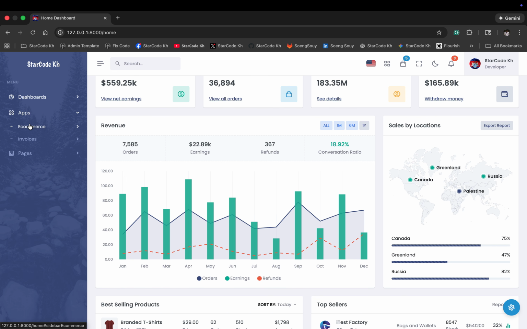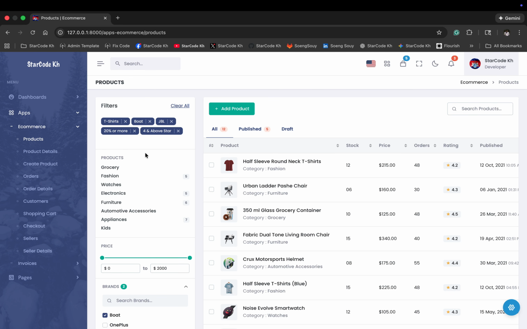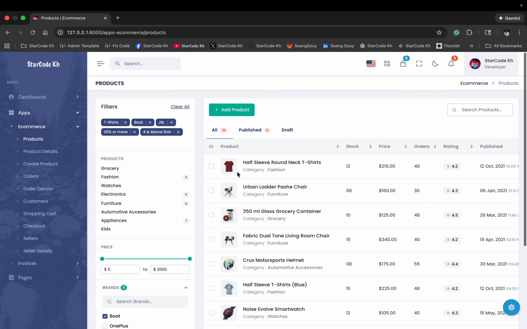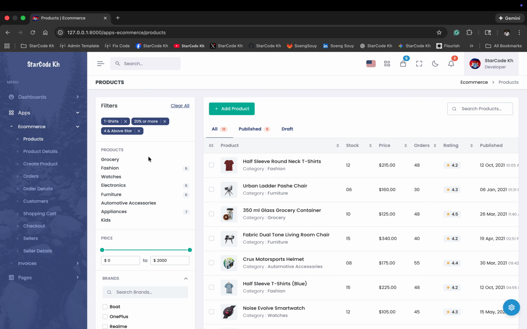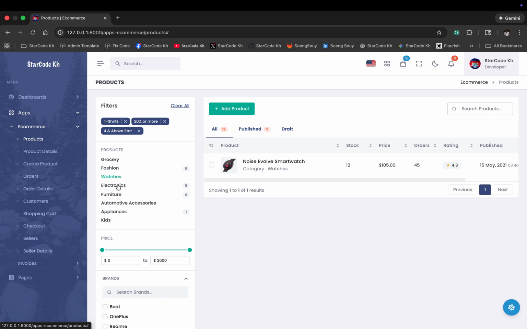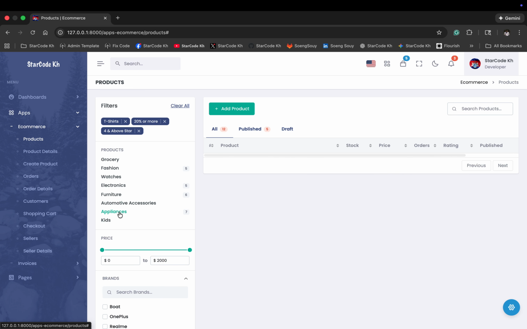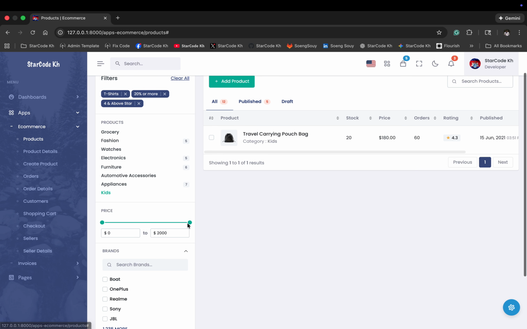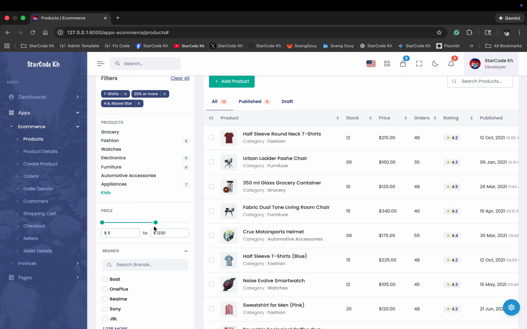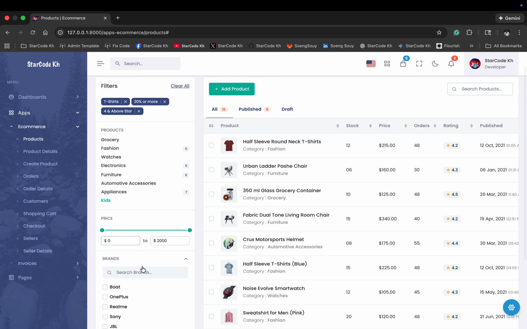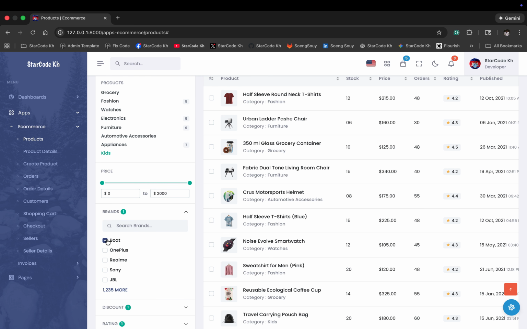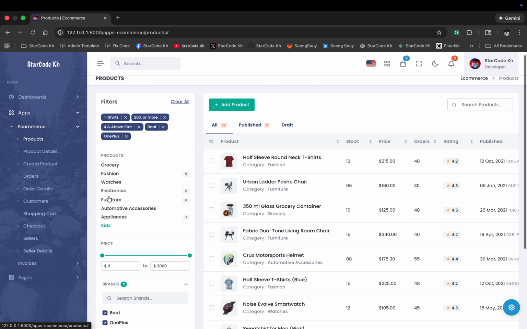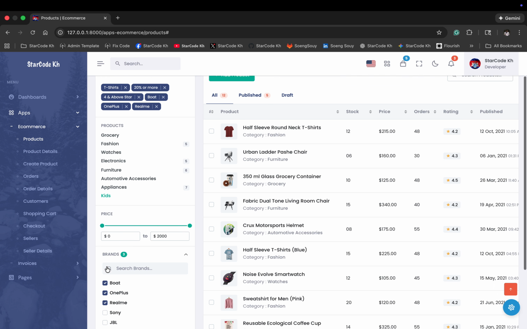This is the e-commerce products page from the Ecommerce Admin template. Let's go through its main features step by step. At the top, we have the page title and the search bar where you can quickly search for products. Next, you see the filters and categories to help narrow down products by type, status, or price. Below that, the product list is displayed in a clean grid or table format showing each product's image, name, category,